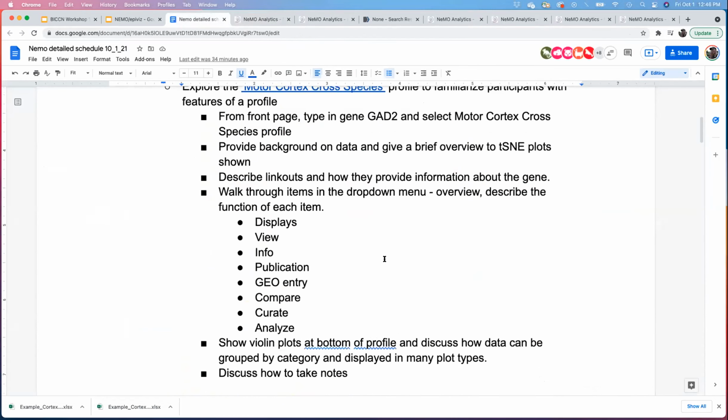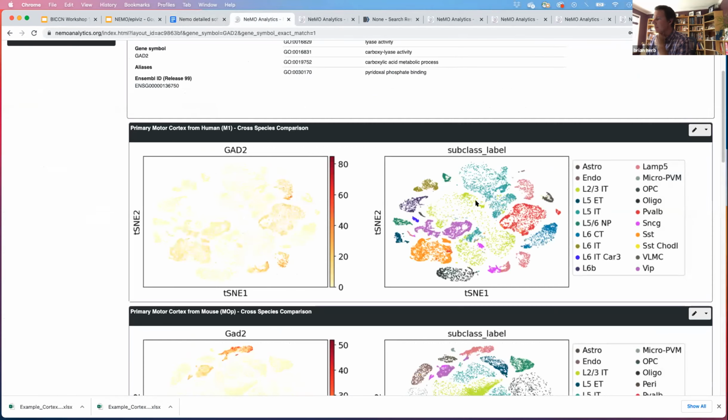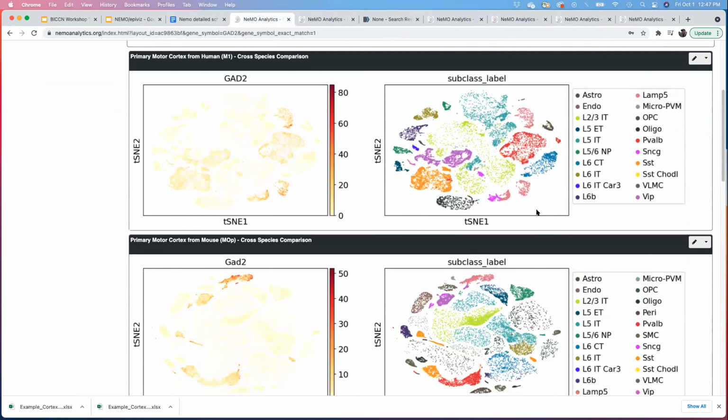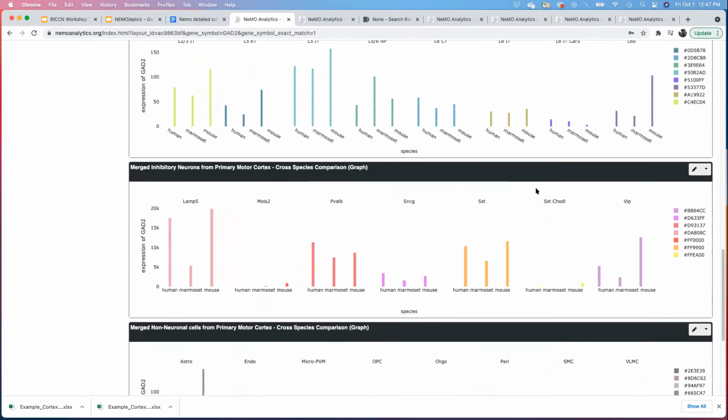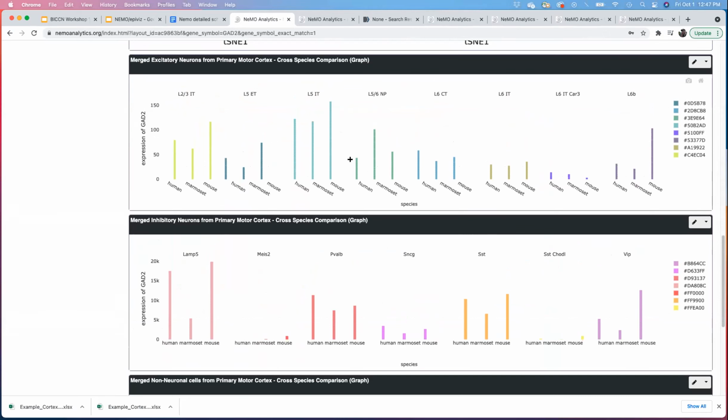Brian, we have a question. Yes, Sean. Someone was asking, when you look at differential expression in the gene for different species, they want to know what the y-axis is specifically. I think that could be altered based on how you're presenting the data sets.